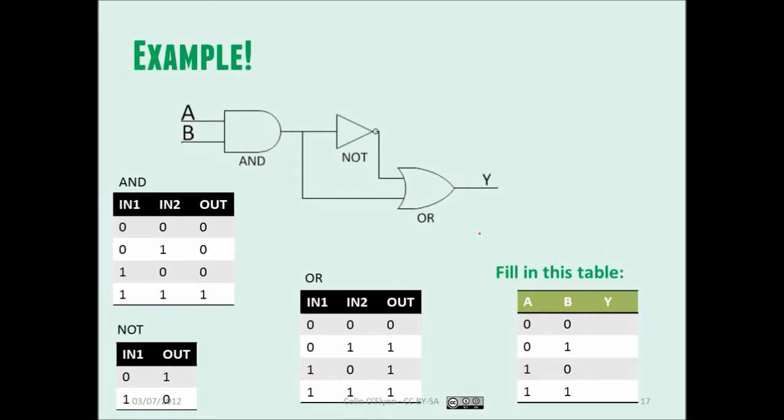So based on what I've given you, for each of these gates, the inputs and outputs, so the AND gate, the NOT gate, and the OR gate, what is the final output at Y? Yeah, in the end you will end up with that. The example I made was 4, but